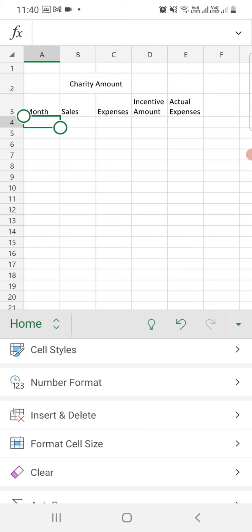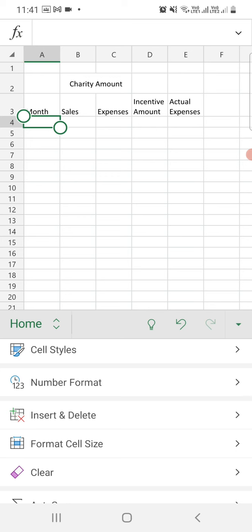So we need to first fill up those cells. I am showing you that first you have to write the name of the first month, that is January. You need to just type Jan, and then you can fill it easily by using the fill option.